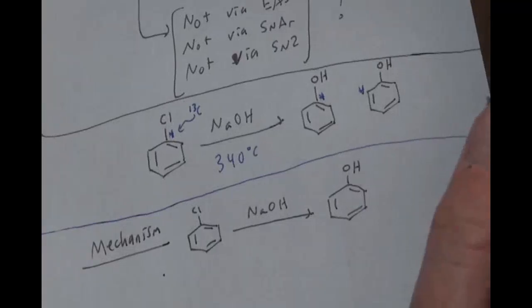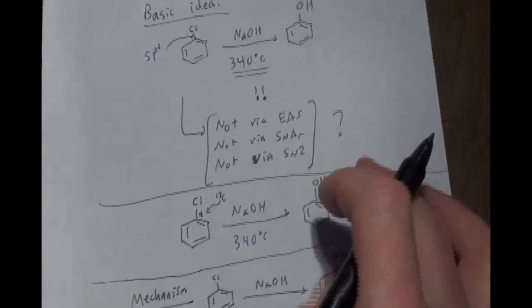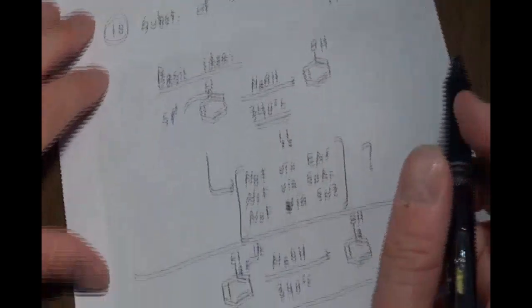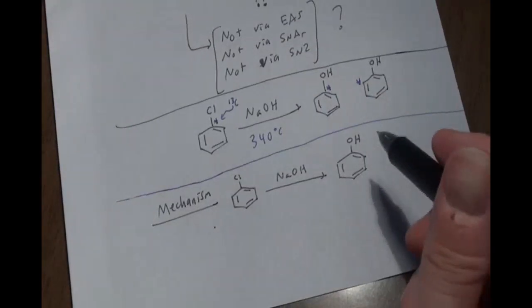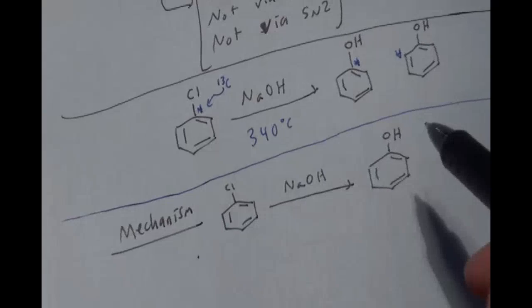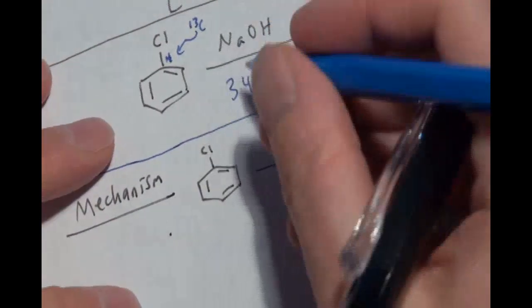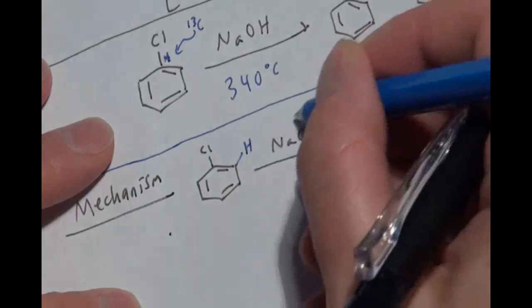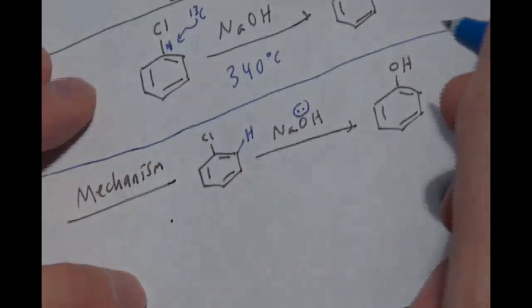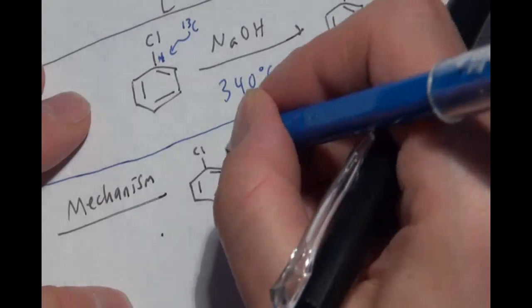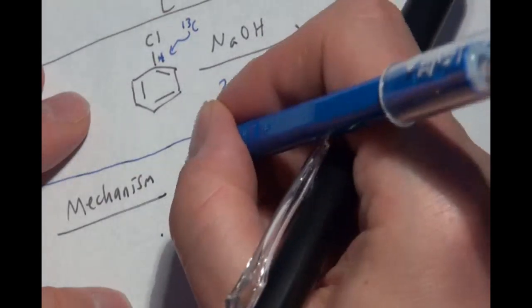Okay, and what did we call this? What was the name of the section? It was called benzyne. So it's going to be some kind of weird alkyne-type mechanism. It's not that crazy, but it's a little odd. Okay, so what happens? The first step is the hydroxide acts like a base in sort of an E2-type reaction, where it takes the proton, kicks off the chlorine,